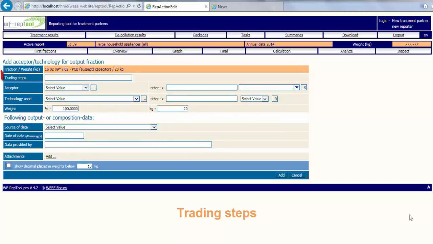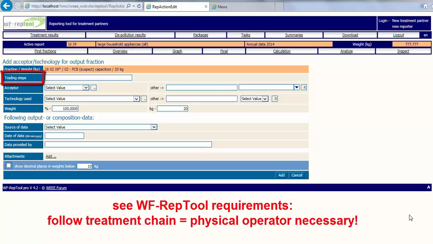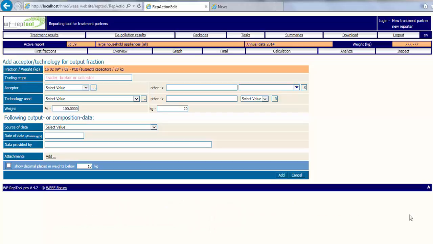Information on trading steps. In the first line of the Acceptor Technology page, you may enter information on trading steps. One of the key elements of the RepTool is that we have to follow the treatment chain of output fractions. Based on this, we will need information about the next physical operator of the output fraction, the company who treats the material. Based on this, you may add here under trading steps the name of the metal trader, the broker or the waste collector you hand over the output fraction to,